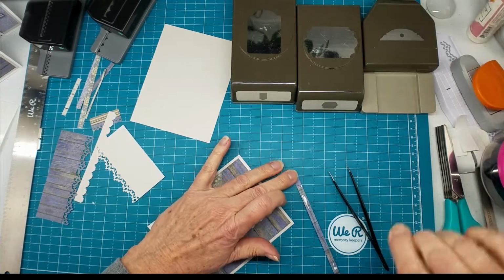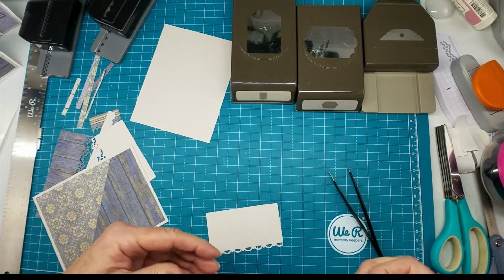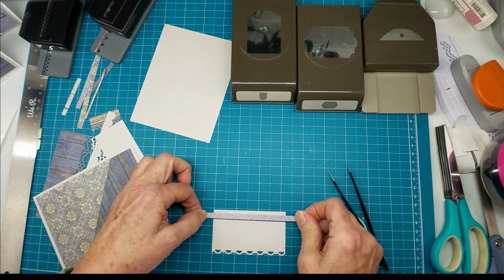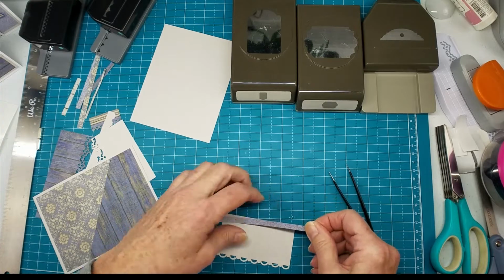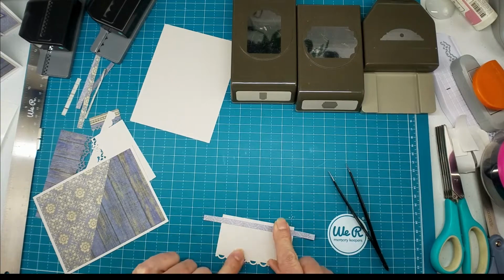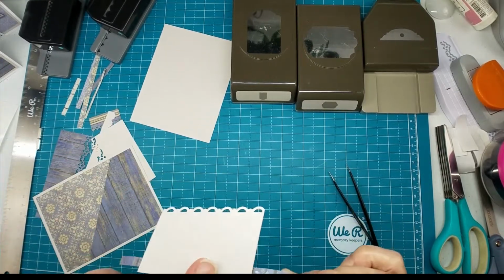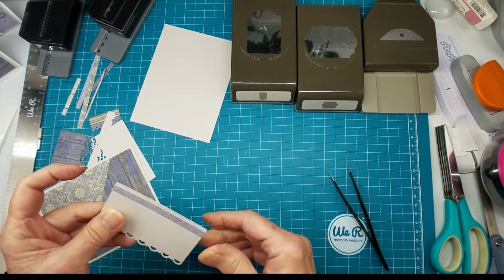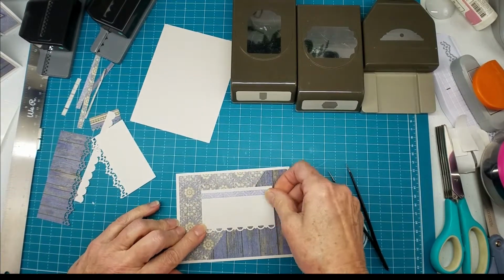You may not keep scraps of paper like I do, and that's perfectly fine, but I find them to be extremely useful, especially on a little project like this where you're trying to make something kind of pretty with very little extra added on it. Now I'm going to wrap this trim back around just for another little interest there. Now then,